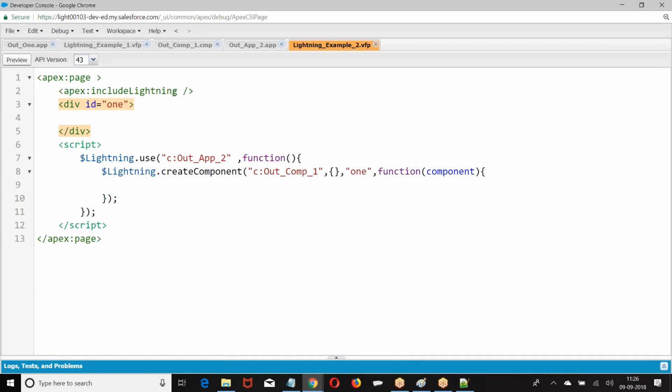This is line 1, line 2, line 3. So you can apply your CSS and all the stuff to get this proper structure. What I'm doing here.